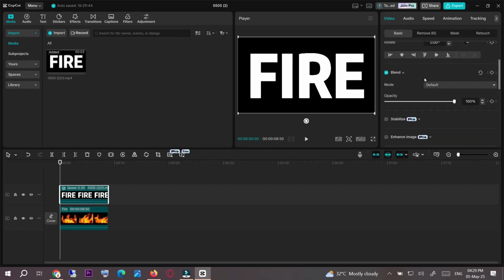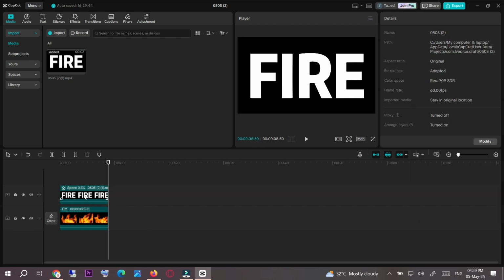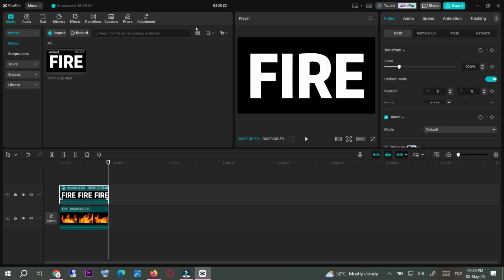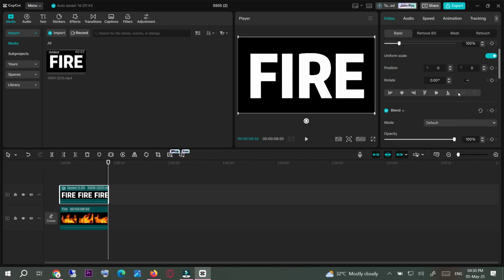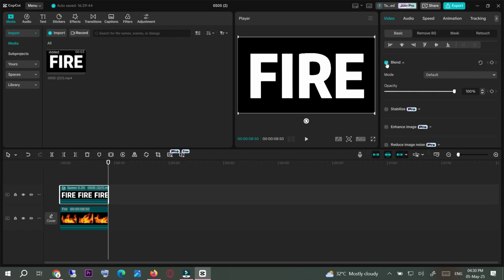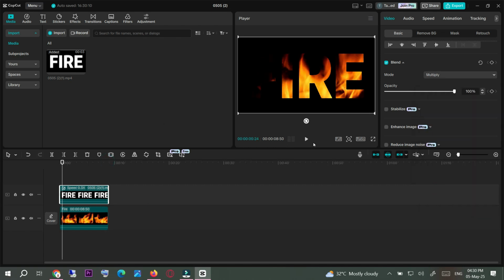video and click on the default blend option, and after that click on the top layer and go to the video and go to the blend and drop down and click on multiply, and here you can see that